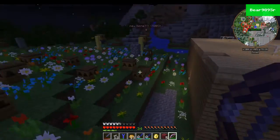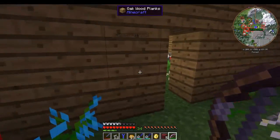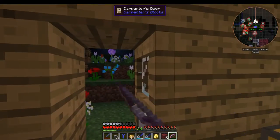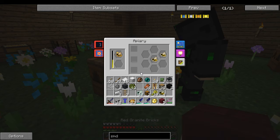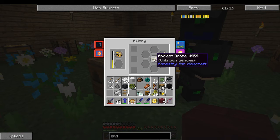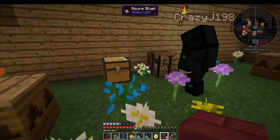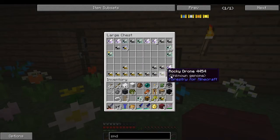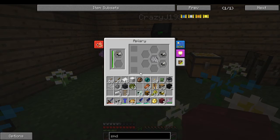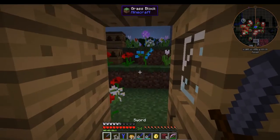Okay, so B area. I got all my bee houses out here with all my bees up to the industrial and imperial. In here, I'm working on ancients, which I ended up getting a noble again. And over here, I was working on trying to get tolerant. It's rocky and diligent. And apparently my diligent turned back to rocky and didn't give me a rocky drone, so I got to come out here and...